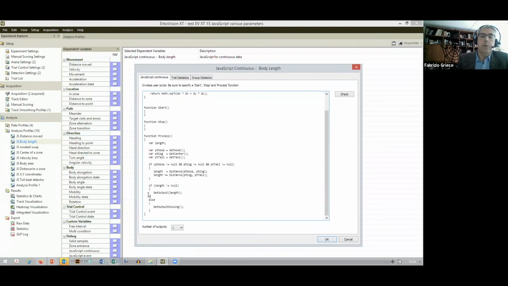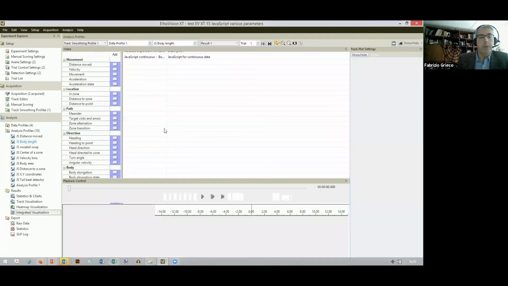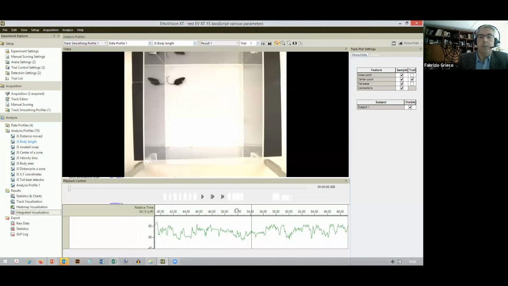So it's also good to add some code in JavaScript that checks that all data are valid. And this is the symbol for being valid, so not null. In that case, if the length is valid, I will set it to output. Otherwise, I will set it to missing. What does it mean? When I look at the visualization of this variable,